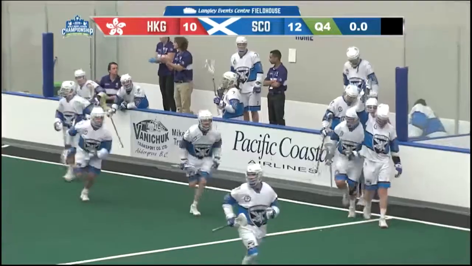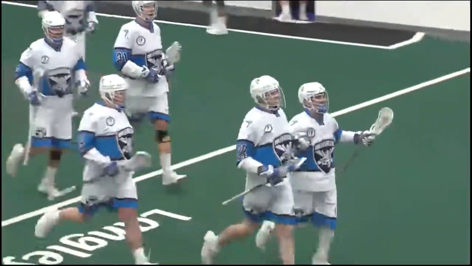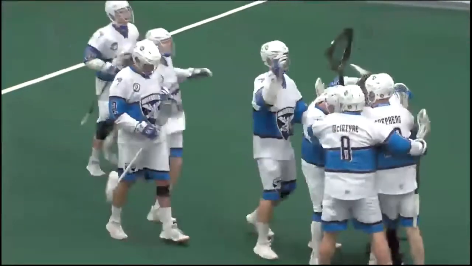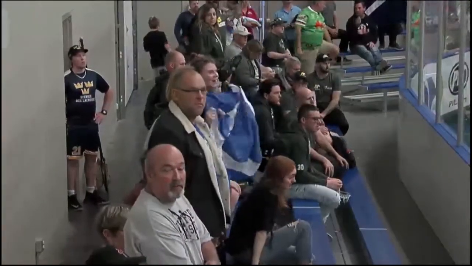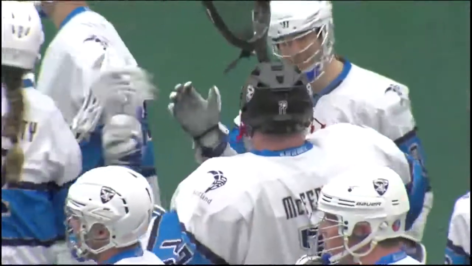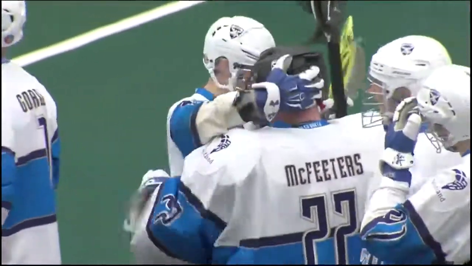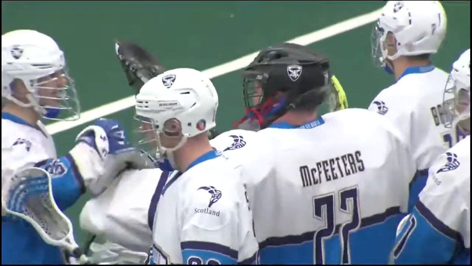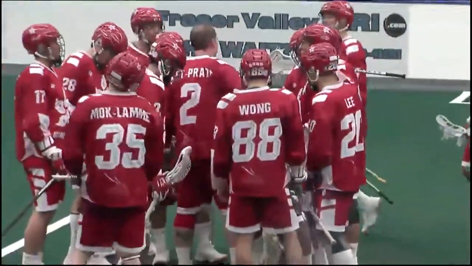This one is over. 12-10. Scotland edges Hong Kong here. 12-10, the final.